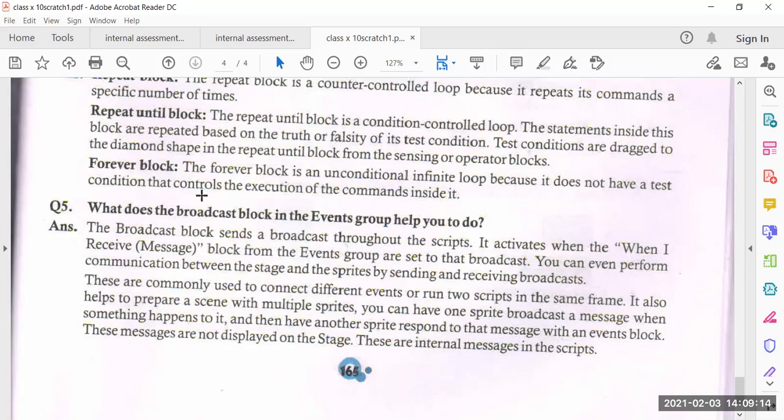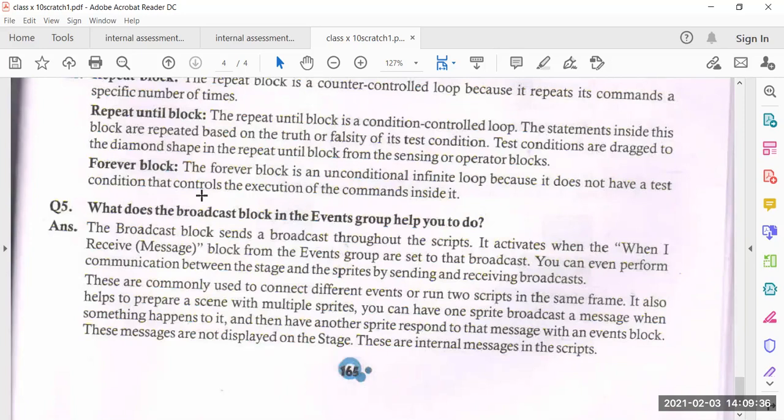These are commonly used to connect different events or run scripts in the same frame. So these are the common ways of connecting different events to a script in the same frame. That means in a single frame, two scripts are running.